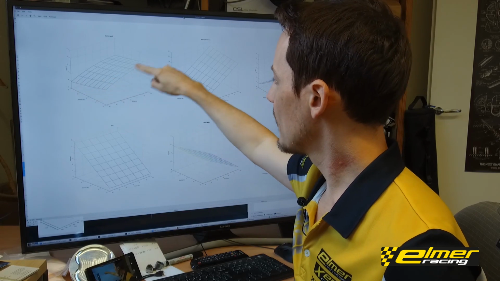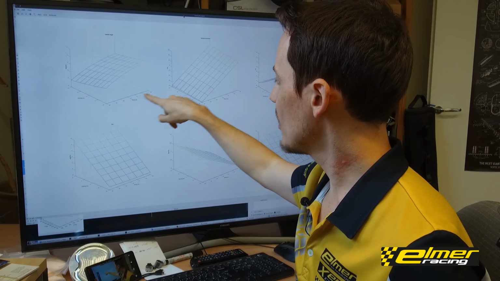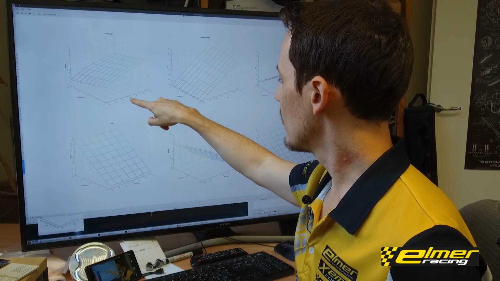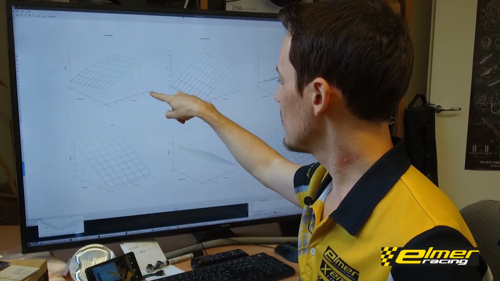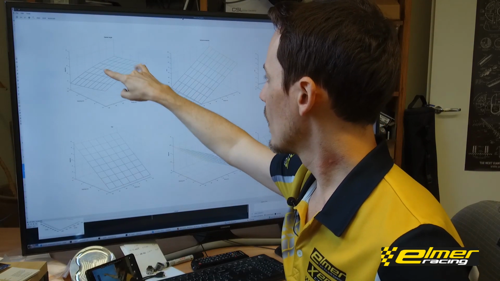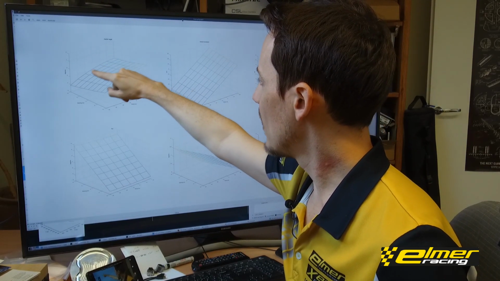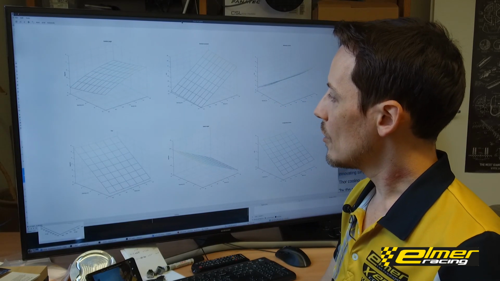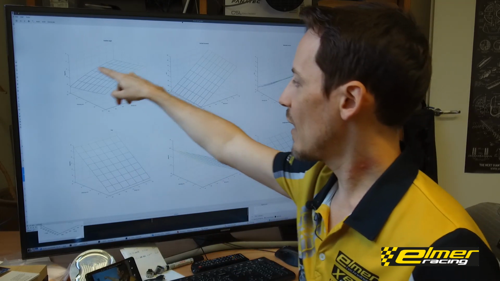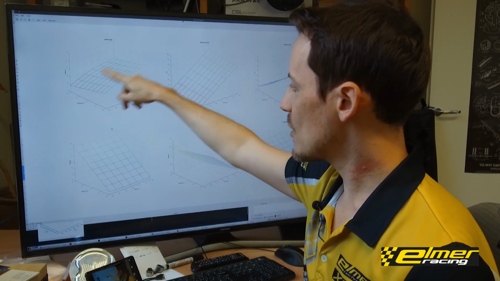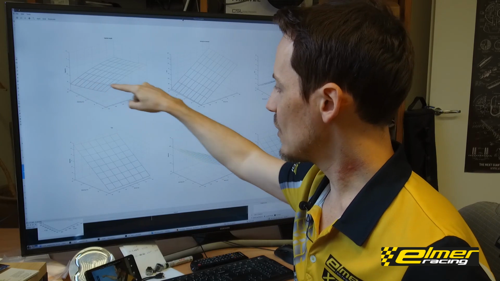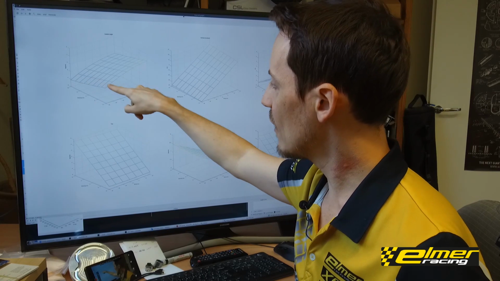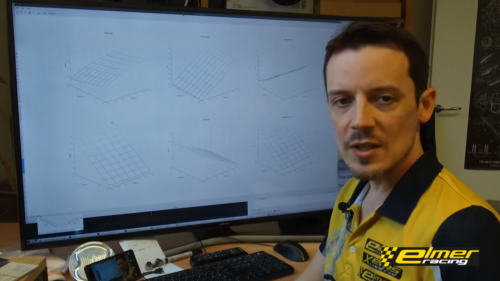Then we get this curved surface, and in relation to bump, you can see that when our bump moves from 0 to 20 millimeters, for instance, we're gaining about 1 degree of camber or something like that. You need to have this complete map over the whole suspension travel and steering angle, so that you can see that your suspension system is going to work over the whole area,